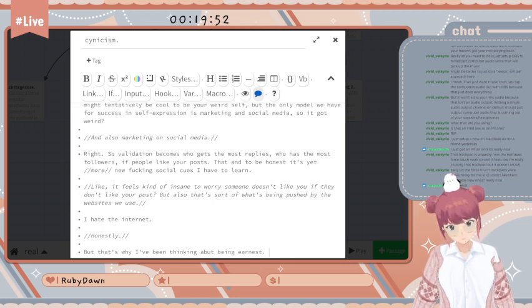I had this whole system for which actions mapped to which gestures in my head.